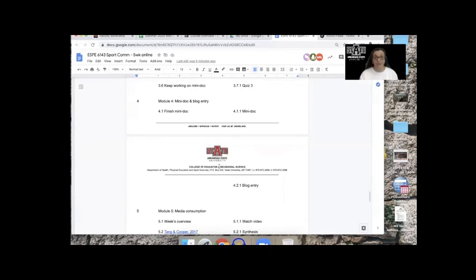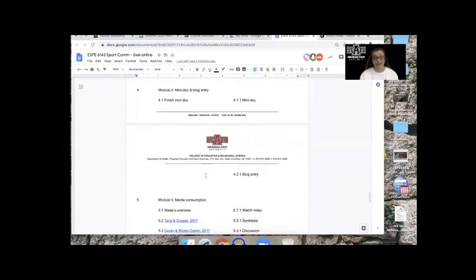But every product and every device, Chromebooks, Windows computers, PCs, and every other type of Android phones and iPhones, and tablets of all sorts and all sorts of mobile devices come with their own software and their own apps that let you edit videos. So you figure out what works best for you and you use that software. It is not a requirement to use iMovie. So that's when you do your mini documentary and your blog entry.